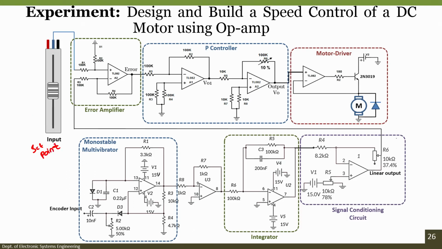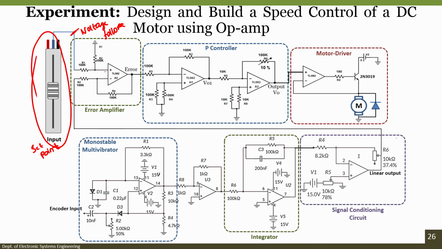By using the rotary pot, we will create a set point, and the output of the pot will be directly connected to the input of an error amplifier. But generally speaking, the design board has another operational amplifier here, which is nothing but a buffer amplifier or voltage follower. The voltage follower is connected between the output of the potentiometer and the input of the error amplifier. The reason is that the set point is provided by a potentiometer resistive divider network, and the input of the error amplifier is again connected to another resistive divider network, so there are chances of loading the input.